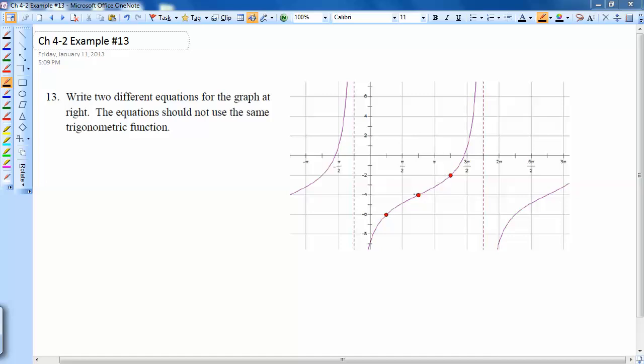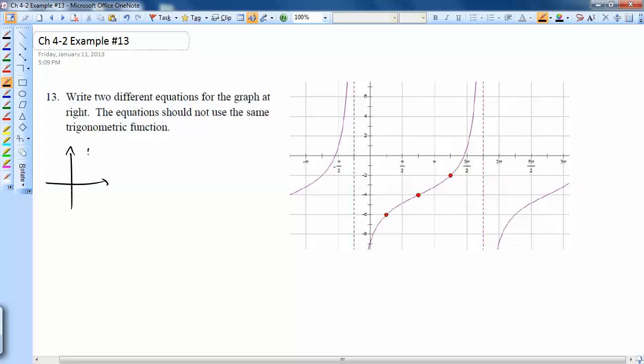Those are the 3 same points that are going to be the important points on a tangent or a cotangent graph. I'm not going to try and trick you with that. Not intentionally, anyway. So, let's aim for a tangent equation first, because it already kind of looks like tangent does. So, the general tangent graph